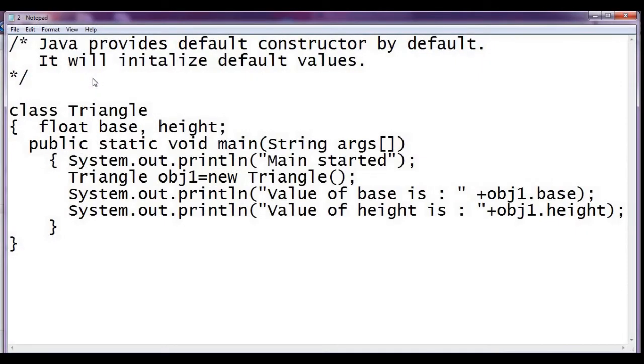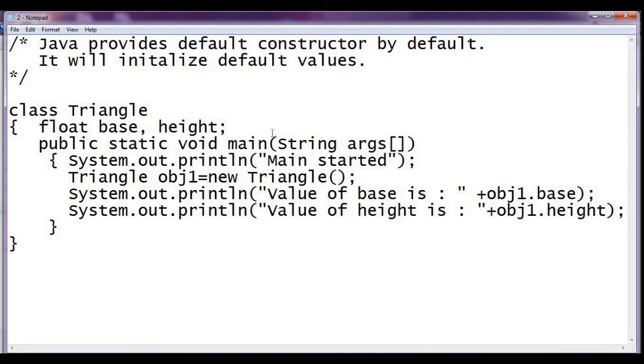This is basically regarding Java providing a default constructor. The difference between the previous program and this program is that we have not put in any constructor. Whenever we compile this program, the default constructor without any code will be provided by Java itself, and that will initialize the default values of all the instance variables.